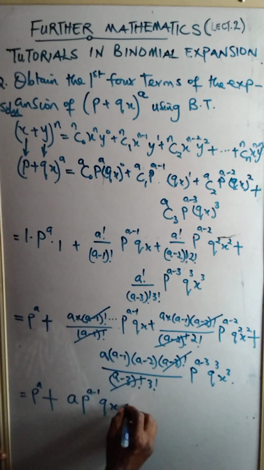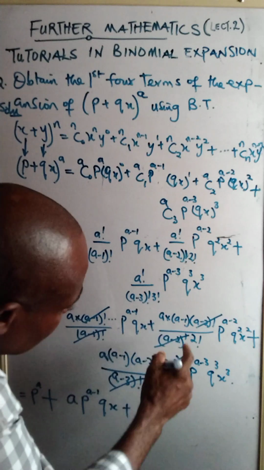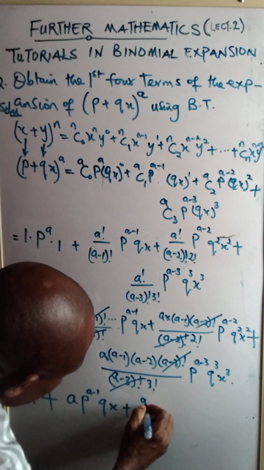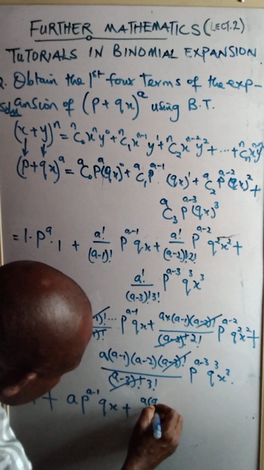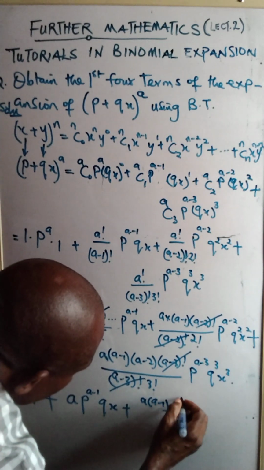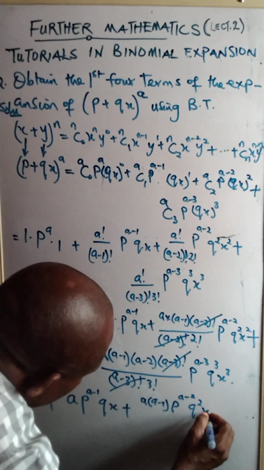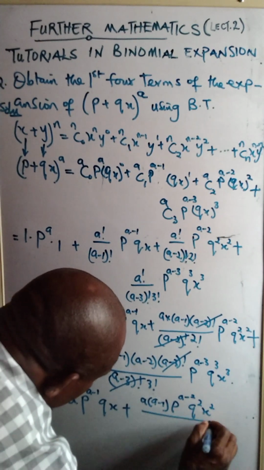Then the next we're going to have here is a into a minus 1, all right, then we have p raised to power a minus 2, we have q squared x squared divided by